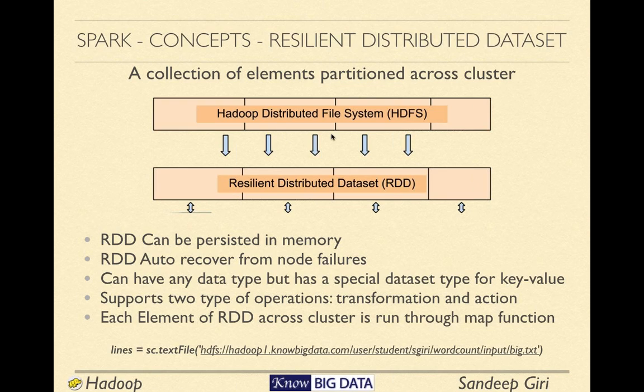You can convert a normal in-memory variable into an RDD. We will show you that, or you can load the data from other file systems such as HDFS. An RDD, you can think of it as multiple nodes, one, two, three, four here, containing our data. Another property of an RDD is that it can be persisted in memory, meaning if you have multiple processes running and you want an RDD to stay and be shared across them, you can persist it in memory. RDDs also have the ability to recover from failure.